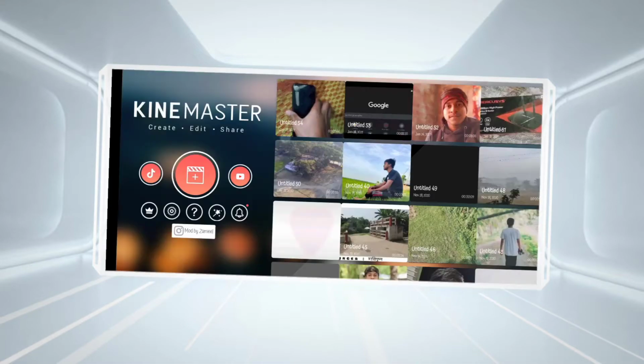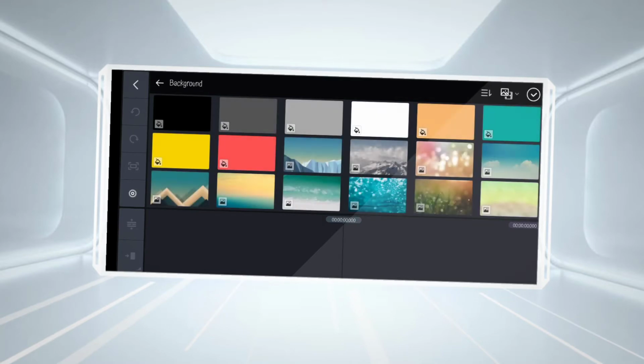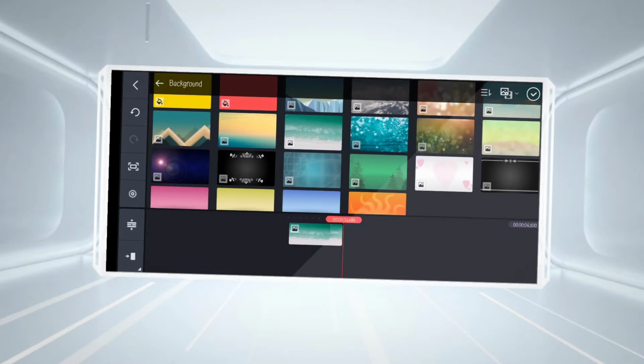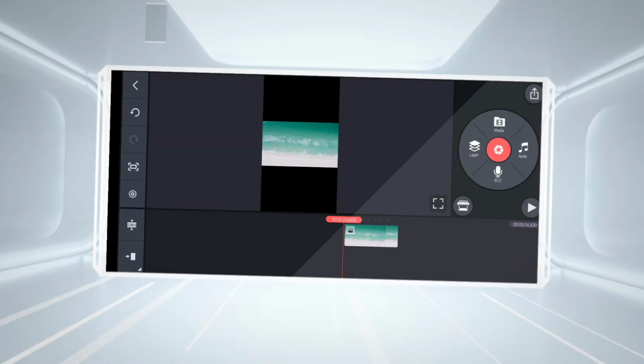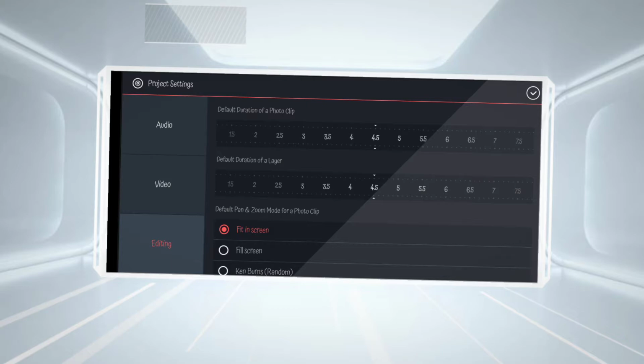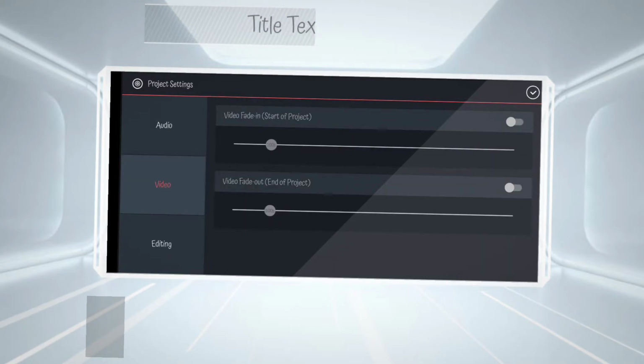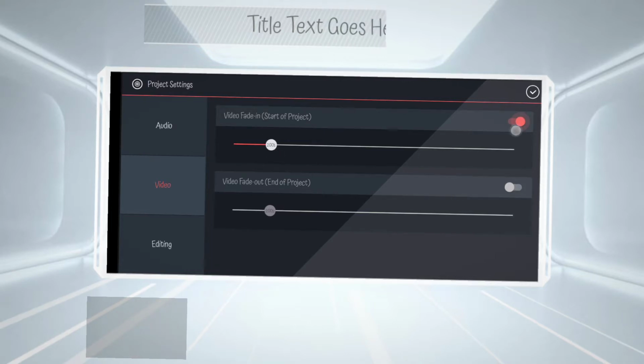We need just this, and sometimes I take a background like this, and with something I do editing videos.